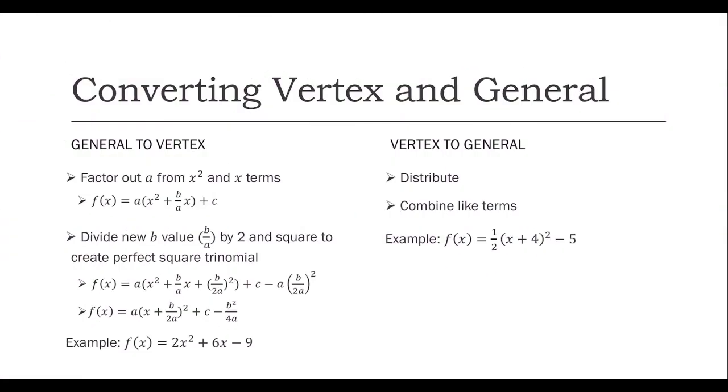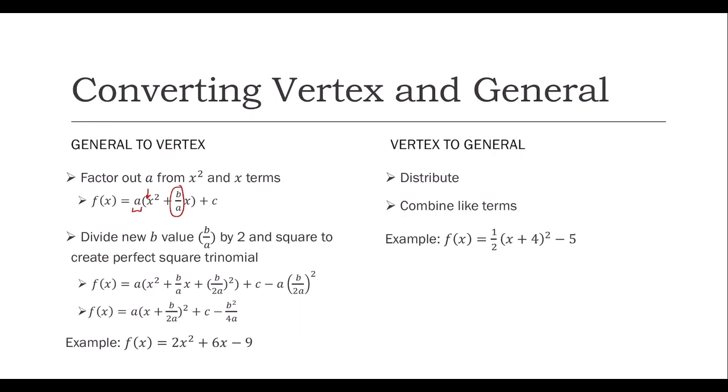Now we'll learn to convert between vertex and general forms. So to go from general form to vertex form, you have to do what's called completing the square. So to do that, you'll factor a out from your x squared and x terms. So we'll pull your a value out because we don't want anything other than a 1 in front of your x squared. Then we'll divide the new b value, which is b over a, by 2 and square it to create a